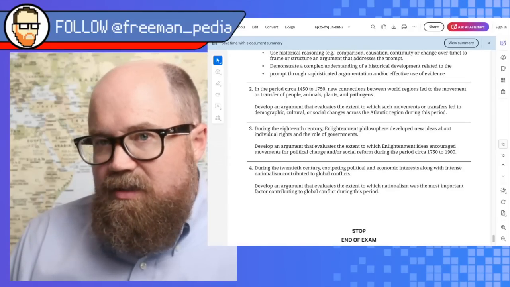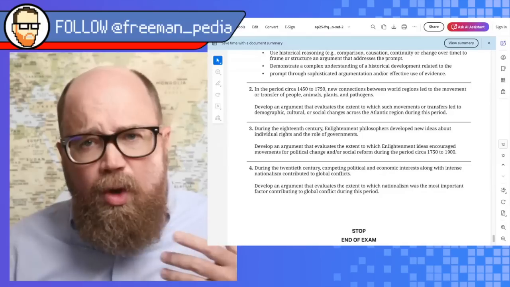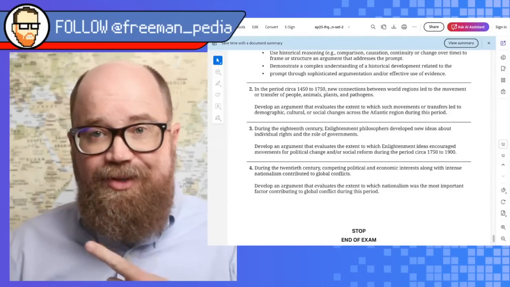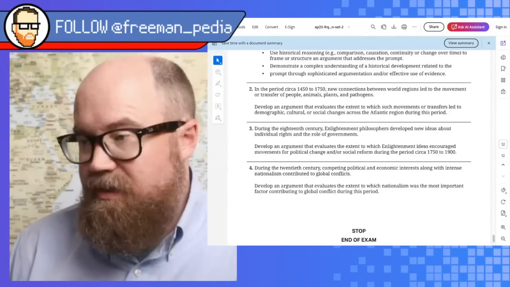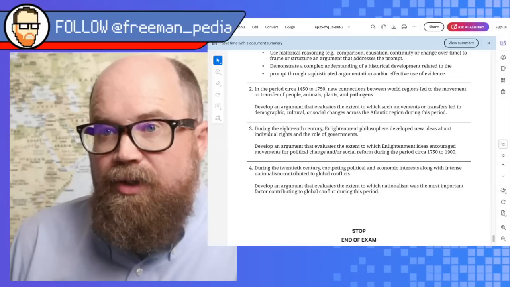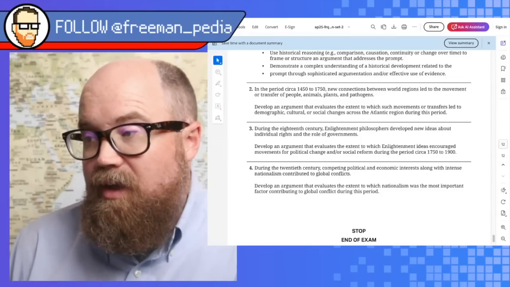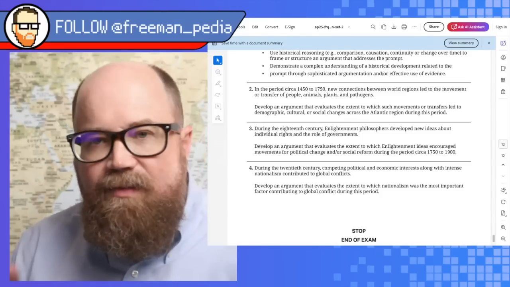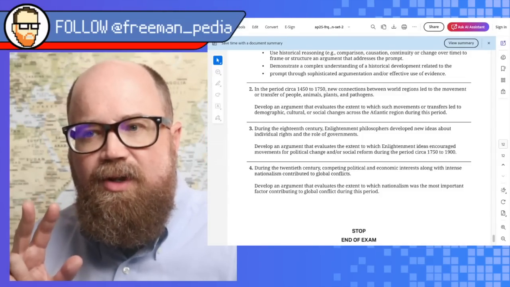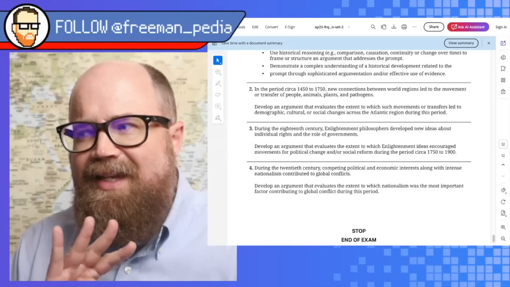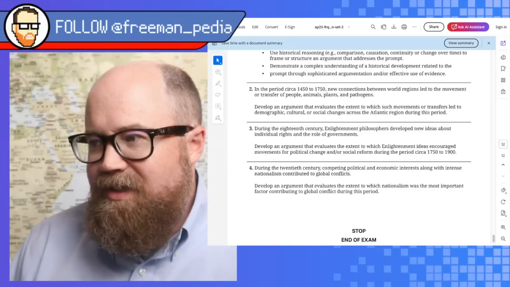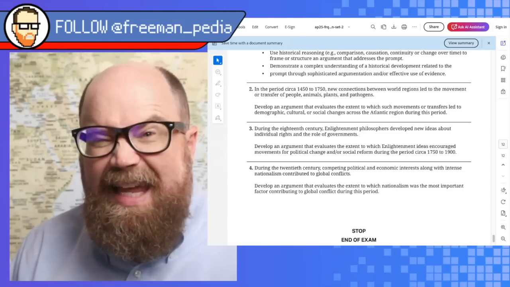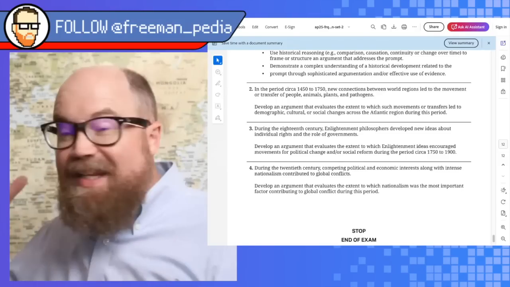If you guys are like, oh, we have the hardest DBQ, your LEQs are way easier. Those are still good. These are easier. So I would have stopped right there and been like, let's go, Columbian Exchange, brain dump. Even if you didn't do this one, you can think of 4 pieces of evidence that support that there was a demographic, cultural, or social change in the Atlantic region.